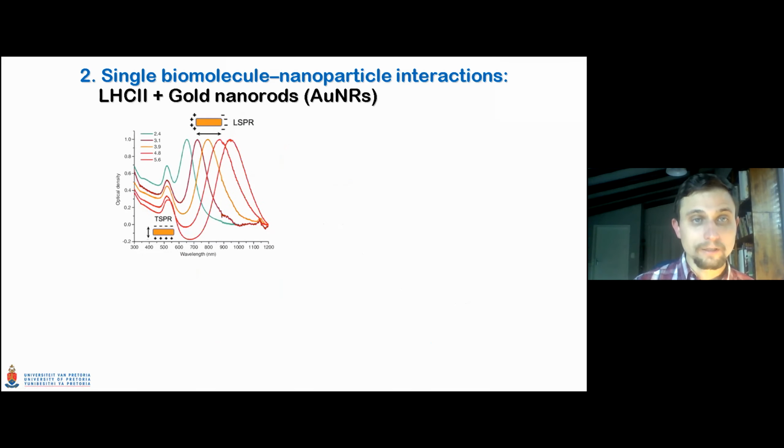Okay, what is fascinating about these gold nanorods is as you change the length, but you keep the width the same, you change the aspect ratio, you can shift the absorption and the emission spectrum of this system quite drastically. So you can literally tune the color of this gold nanorod through all the colors of the rainbow. Okay, so this nanorod has 2 axes along which the electrons resonate. These are called the longitudinal axis and the transverse axis. And the longitudinal axis is the one that can be tuned in this case.